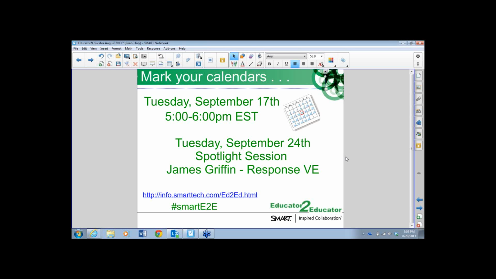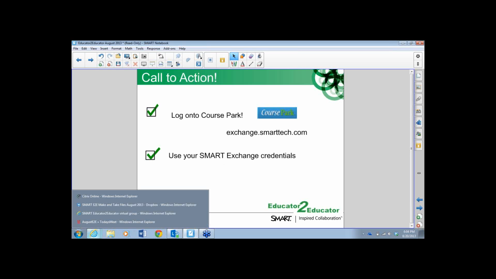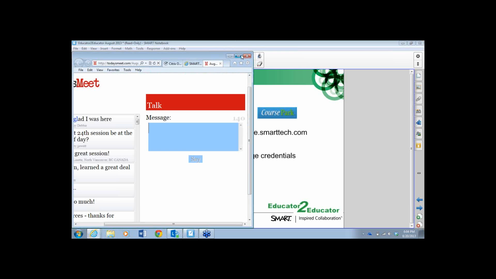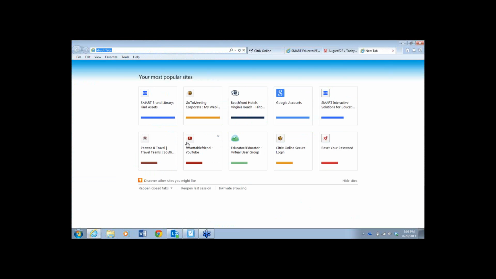Last but not least, our call to action. Next page. Sorry. No worries. If you haven't logged into CourseSpark, this is the time, because we're going to be migrating over to putting some things into CourseSpark, which is the Smart Learning Space. It's your same login at smarttech.com, so use your same Exchange credentials, and you'll be able to find our board, and we'll share that out for you.